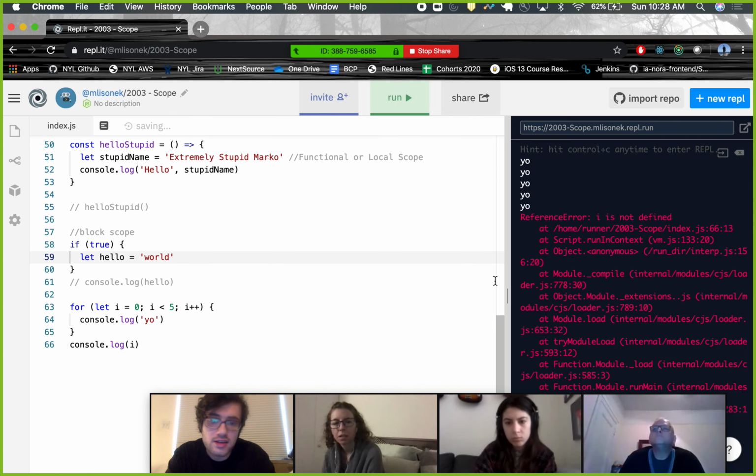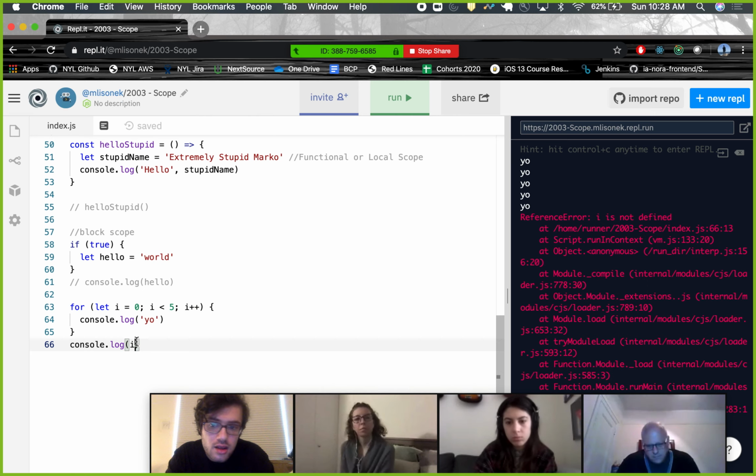Can't do it. i is not defined. Same thing with for loops, right? This i is being defined inside of this for loop, so you can't access that i outside. But what if I did